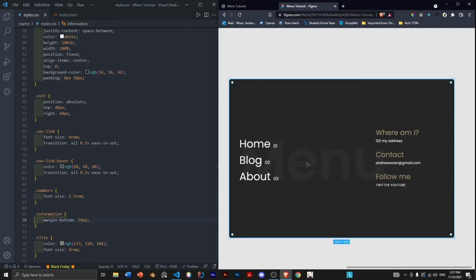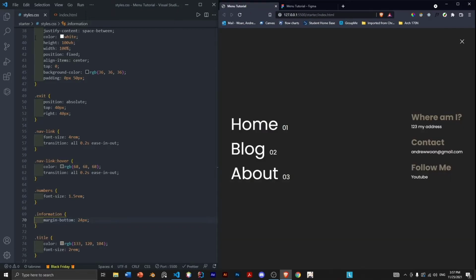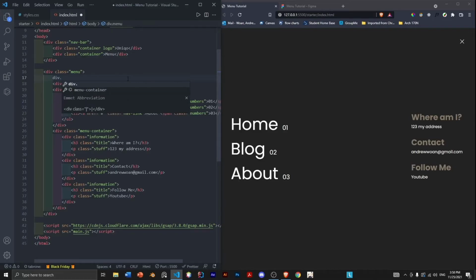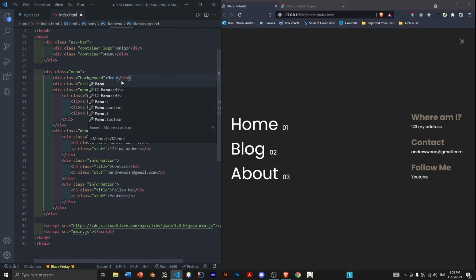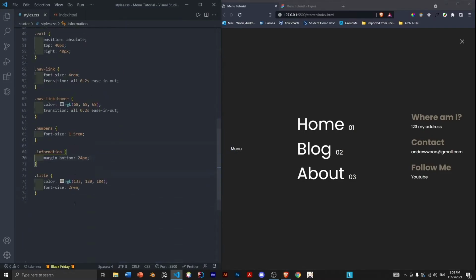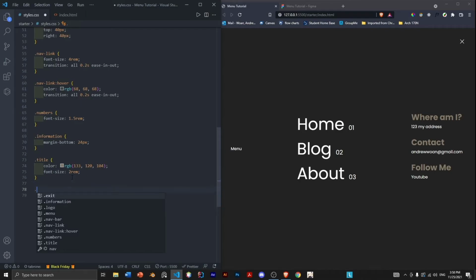We just need that menu thing here, and that's pretty straightforward. So if you remember our exit thing, it was right here, so that's all we have to do. I'm just going to do this, but I'm just going to call it background, and I'll do it menu. Awesome. And again, it's acting as its own element, so we can go do dot background,